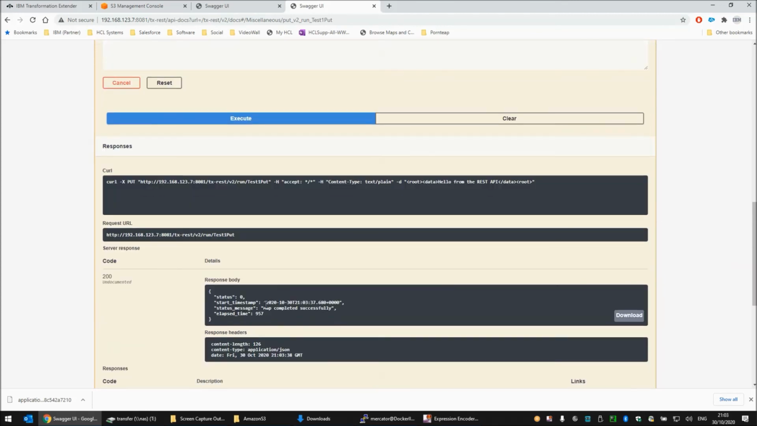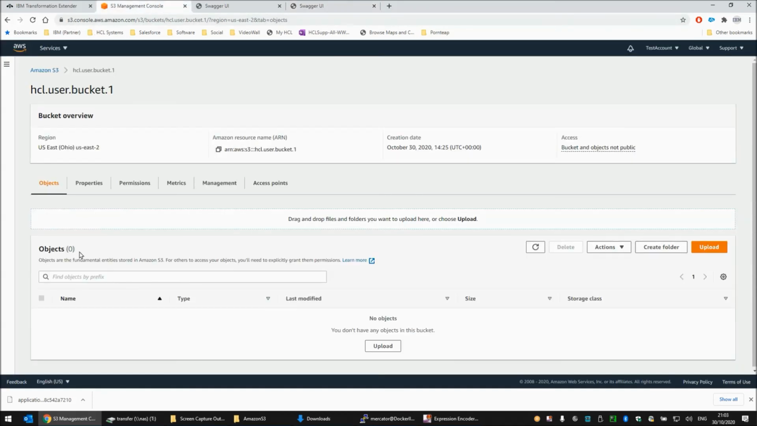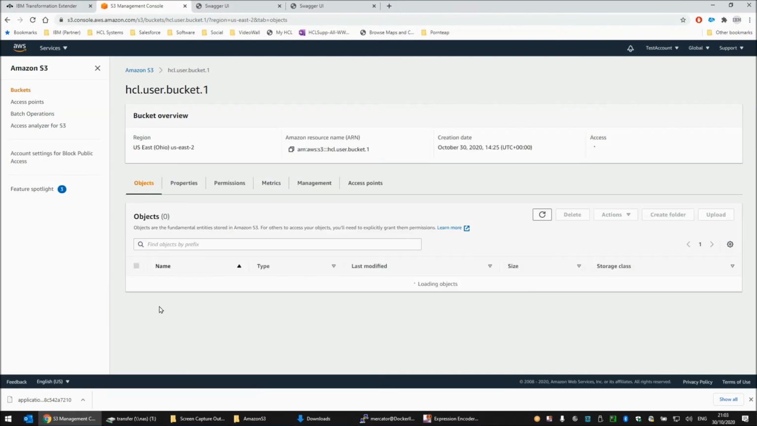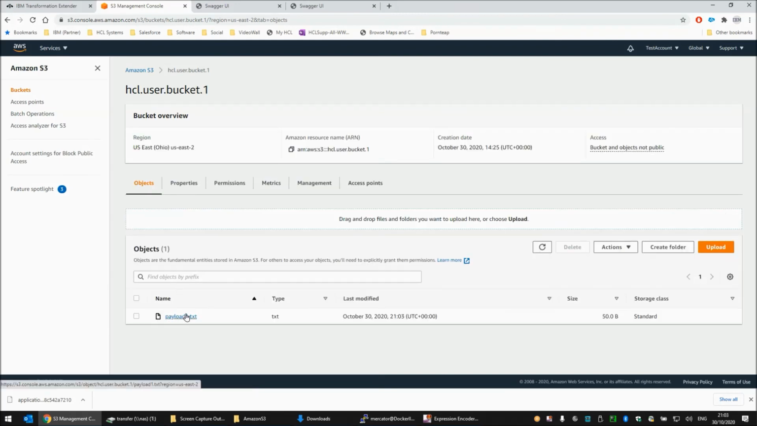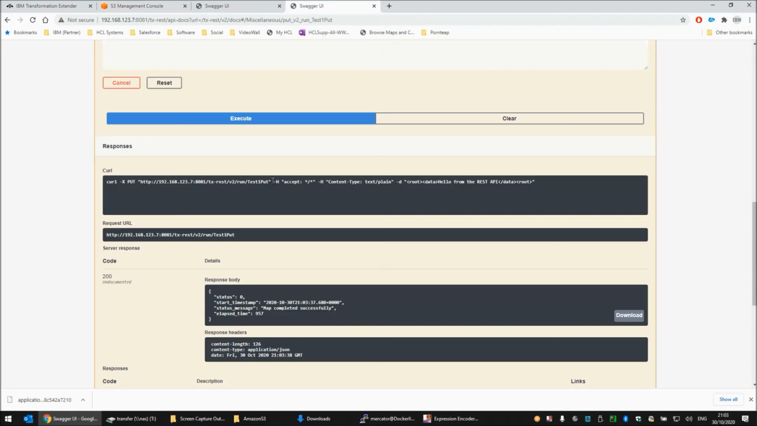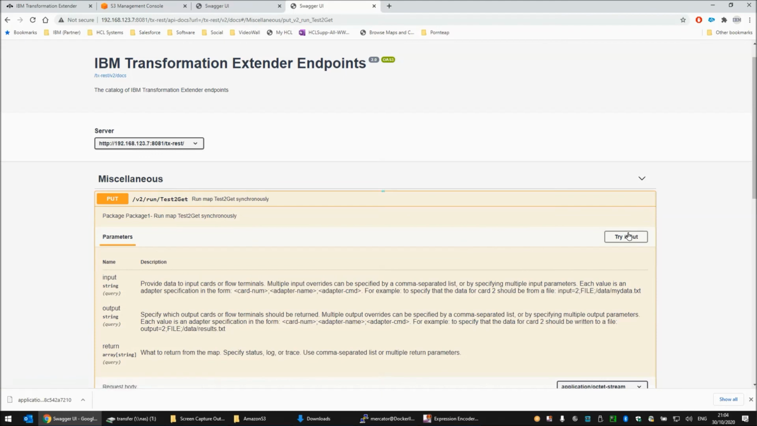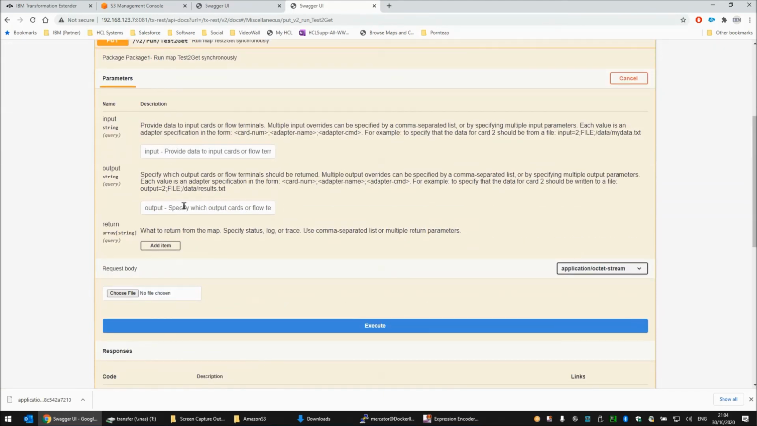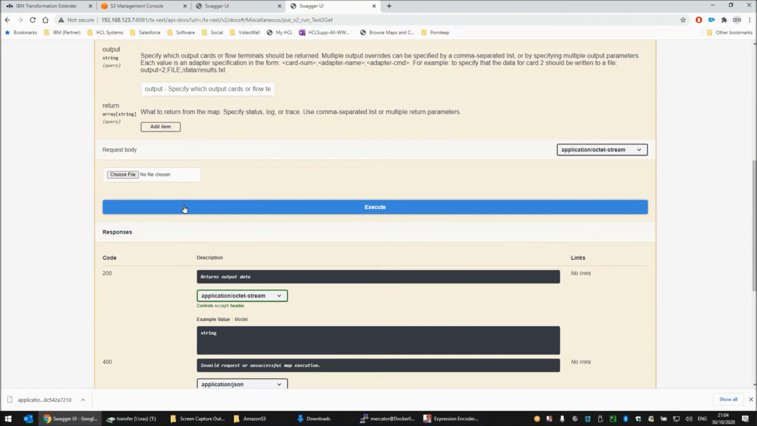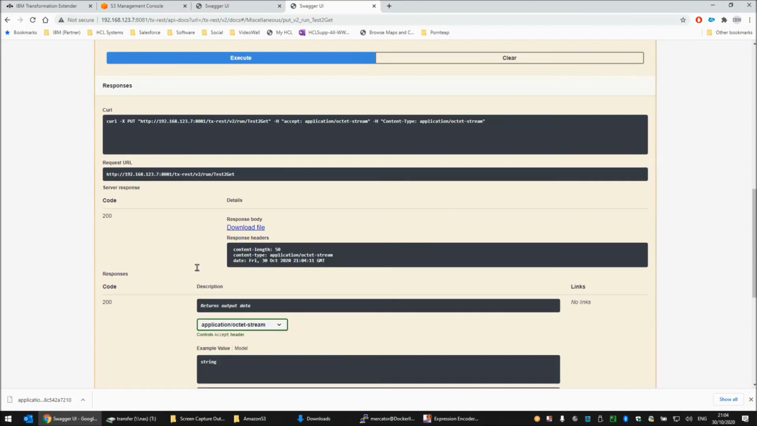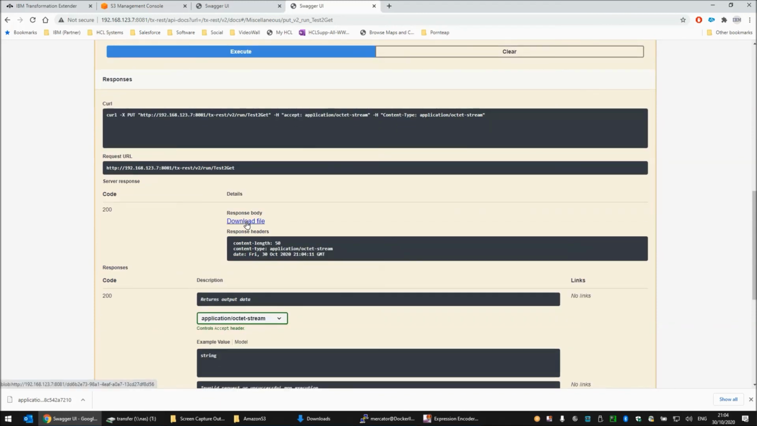Down below it says that the map completed successfully. There's no output from this map. However, on the S3 system in our bucket, when we refresh this screen, we again have our payload arrive. Great. Okay, let's use the get map to retrieve that data. Here we have test2get. We'll try it out. Not going to provide any input there. I am just going to execute. Now the map has completed successfully, and I can click on this download file to look at the content,